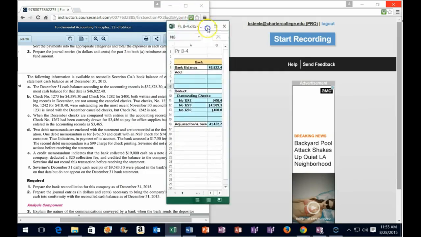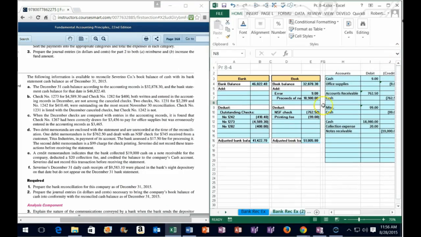Let's take this left click, drag it to the other side, and look at Severino's December 31st daily cash receipt of $9,583.10 were placed in the bank's night deposit box on that date, but do not appear on the bank statement. So once again, we're going to look at our books, and we're looking at the bank statement, and we're saying, hey, I see a deposit of $9,583.10 on the books that we put into the bank in this month, and I don't see it on the